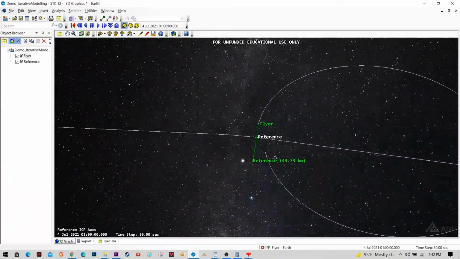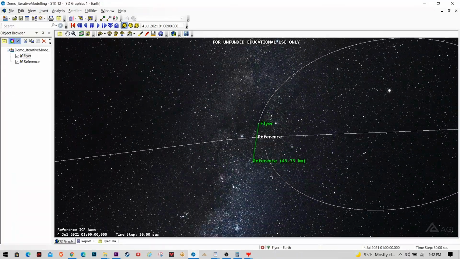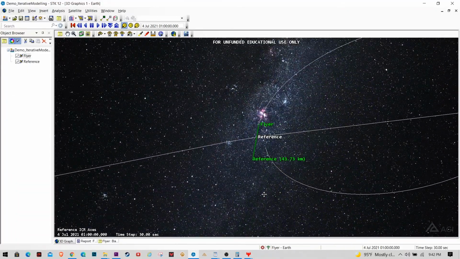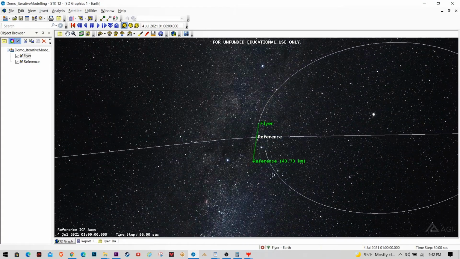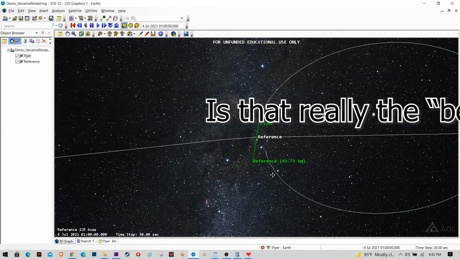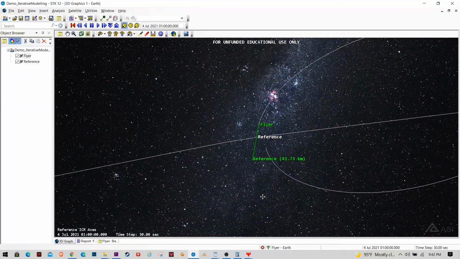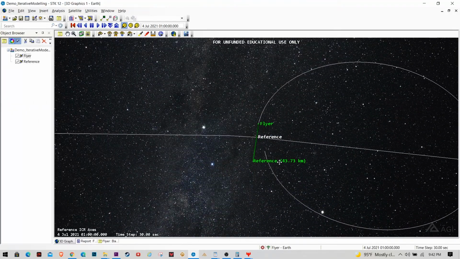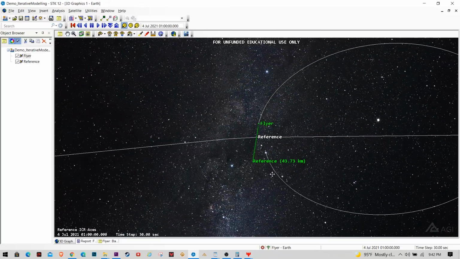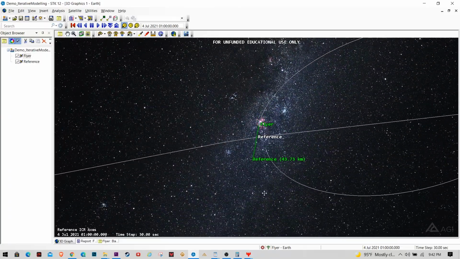So oftentimes when I'm flying out these RPO missions and I learn something new or non-intuitive about more efficient paths to take or more efficient burn profiles, I often find myself with that nagging question of, is that really the best that I could do? And so in this lesson, I'm going to show you another example of how I use iterative modeling to try to take those things that you learn sort of through experience and turn those into some sort of truth via